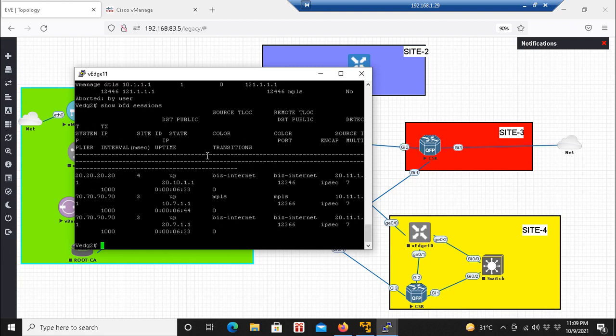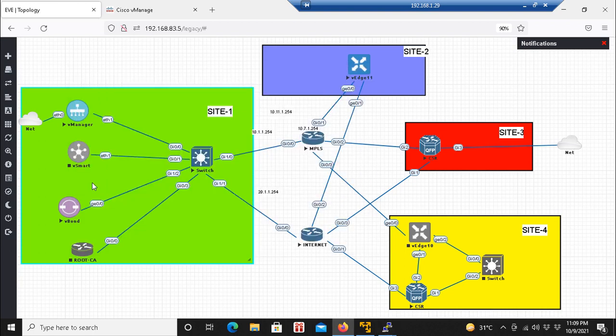But the OMP updates are only received from the vSmart, so if vSmart is down, the WAN edge will not receive new OMP updates. In order to keep the data plane up even when the vSmart is down, there is an OMP graceful timer, which is by default set to 12 hours. It means for 12 hours this WAN edge will keep a cache of all the OMP updates that it has received.